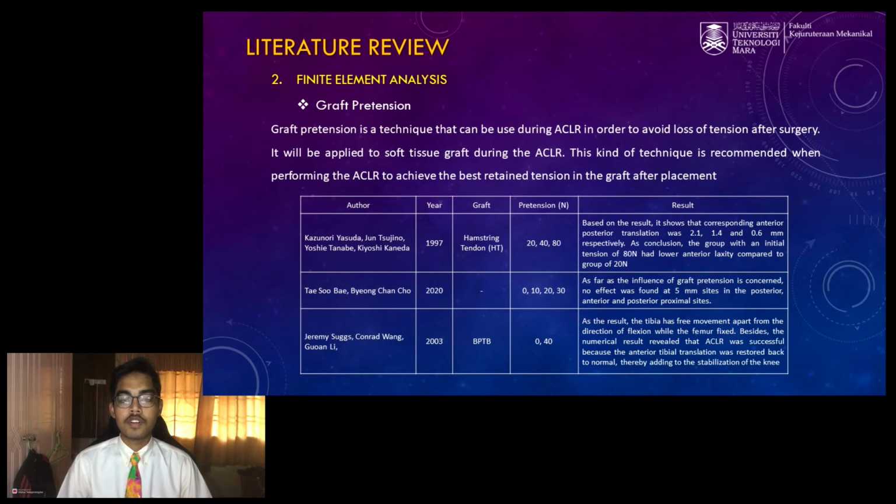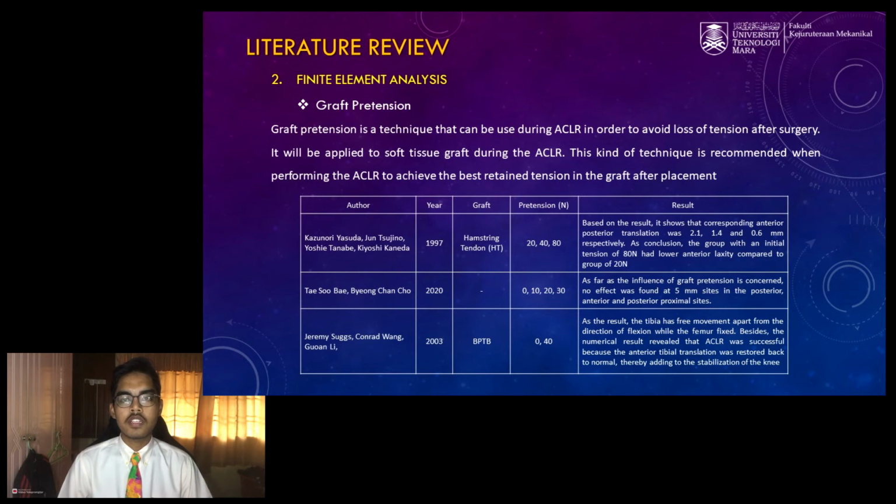placement. For the first study, the type of graft that was observed is hamstring tendon. The forces exerted are 20, 40 and 80 Newton. The result from the study shows that the corresponding anterior-posterior translation was 2.1, 1.4 and 0.6 mm respectively. As a conclusion, the group with an initial tension of 80 Newton had a lower anterior laxity compared to the group of 20 Newton. In the second research, the forces used for the graft pretension are 0, 10, 20 and 30